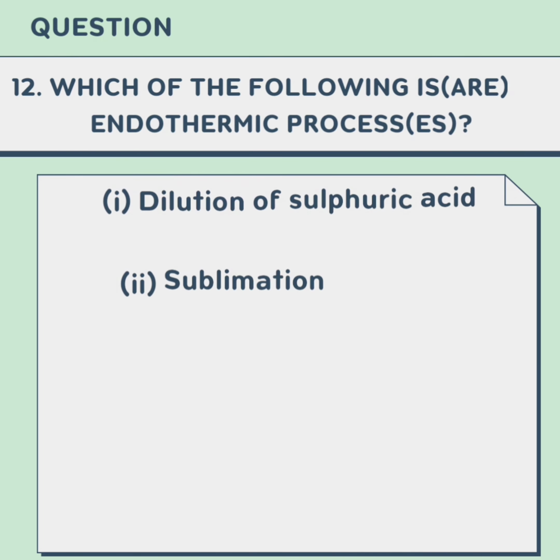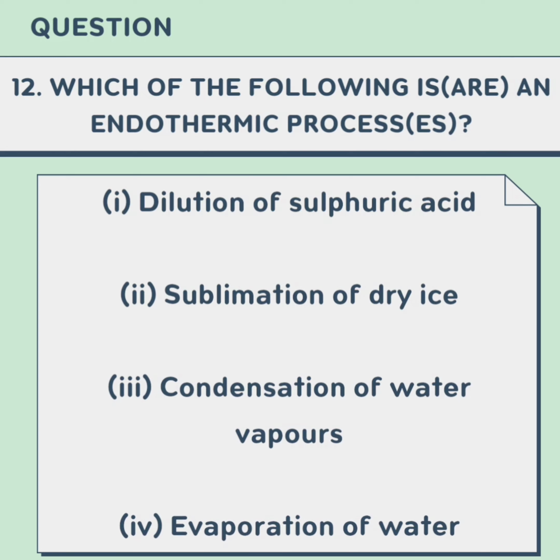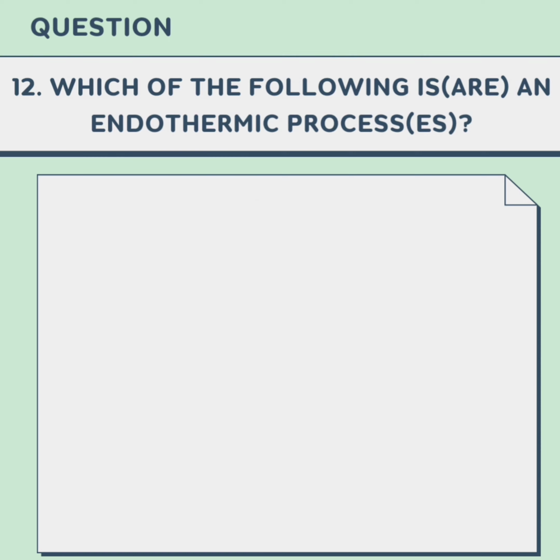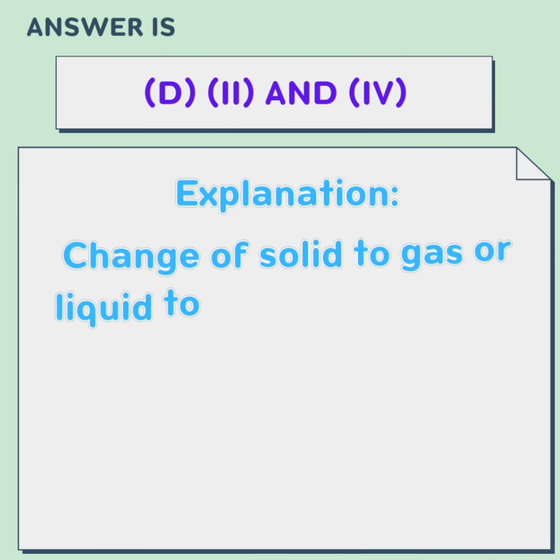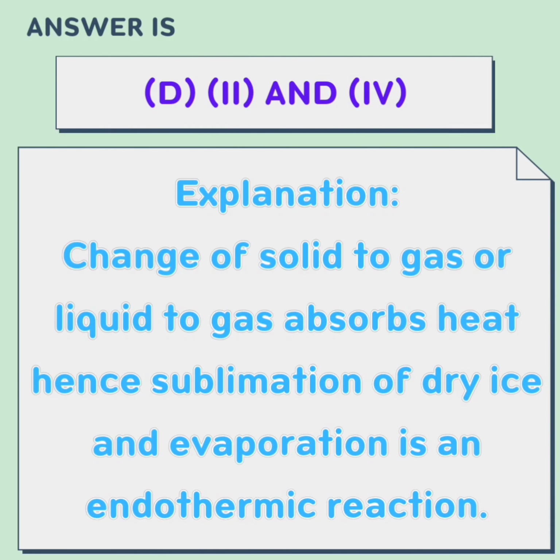12. Which of the following is an endothermic process? 1. Dilution of sulfuric acid. 2. Sublimation of dry ice. 3. Condensation of water vapors. 4. Evaporation of water. A. 1 and 3. B. 2 only. C. 3 only. D. 2 and 4. Answer is D. 2 and 4. Explanation. Change of solid to gas or liquid to gas absorbs heat, hence sublimation of dry ice and evaporation is